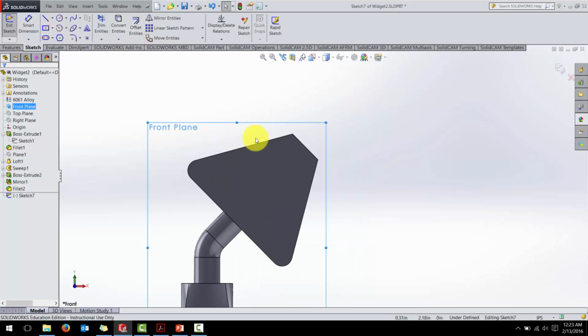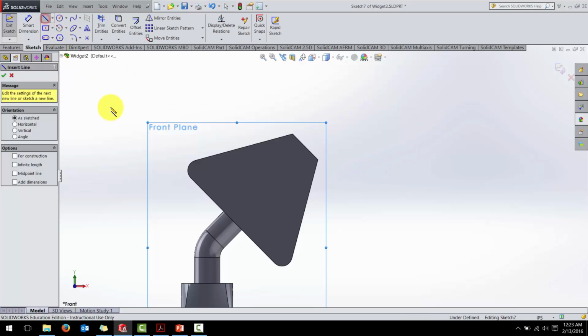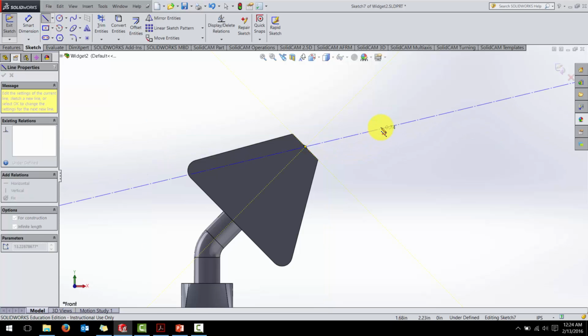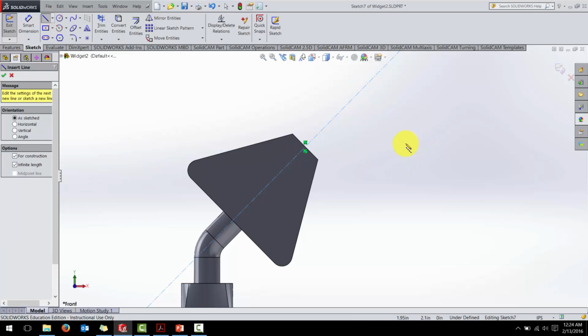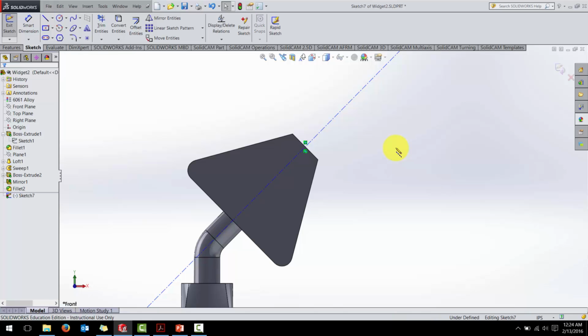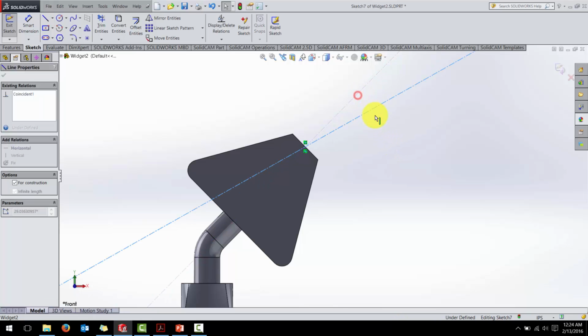And this time I'm going to make a rotation axis. So I'm going to choose the line. This is going to be a line that's for construction, and it's going to have an infinite length. I'm going to start at the origin of that feature, and I'm going to snap perpendicular. So click OK. And escape. It did not accept the snap, so it let me place it, but it still didn't put the